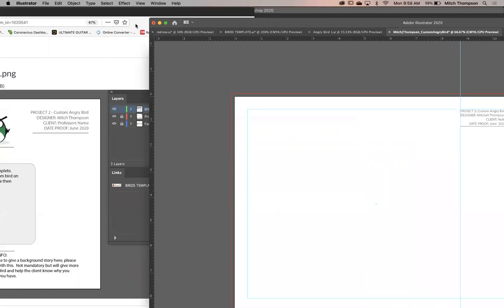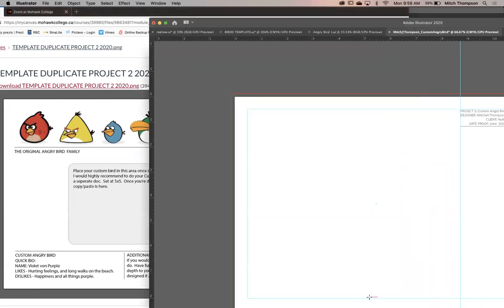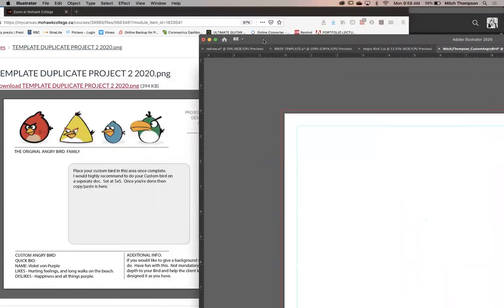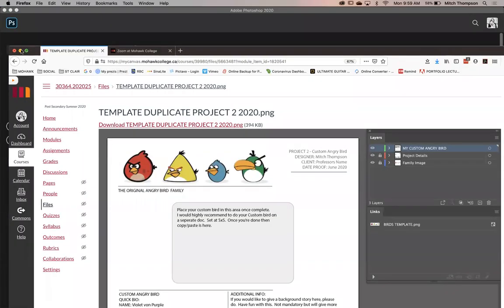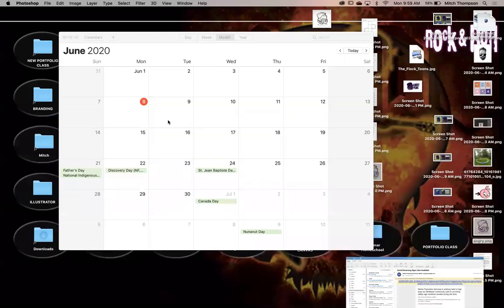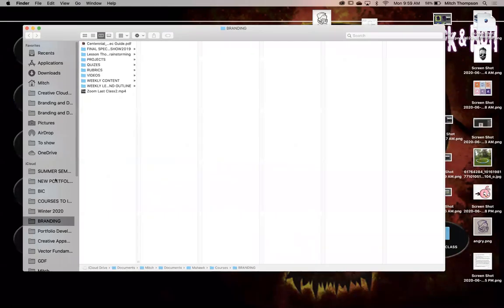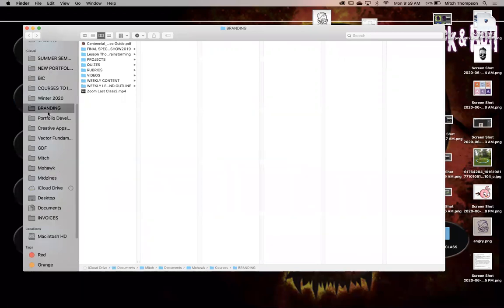What else we got? Let's have a look. We got that done, yeah? Hey, we've got Angry Birds we need to bring in. So let's go ahead and do that. And I guess without further ado, we should probably get organized too. So let's take a quick sidebar here and let's get our files, and then we can organize our stuff. Sorry, my desktop's a mess again. That's what happens. So vector, yeah? And right here.